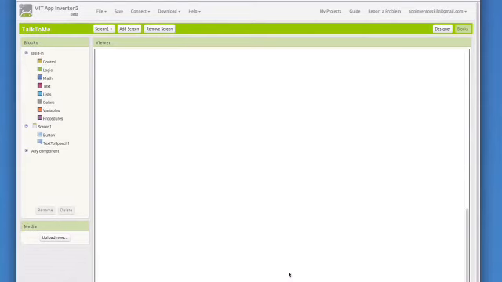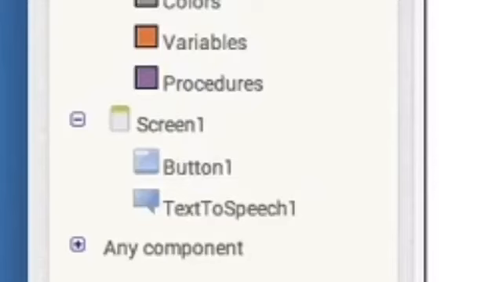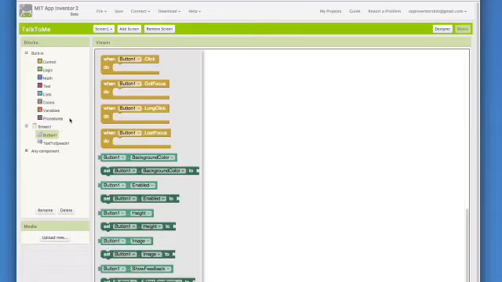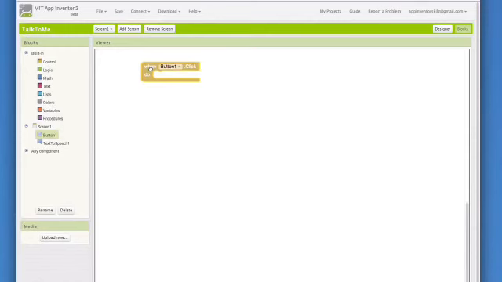We want our app to respond to a button. Click on Button1 and see all the blocks that go with the button. Choose when Button1.Click and drop it in the work area.